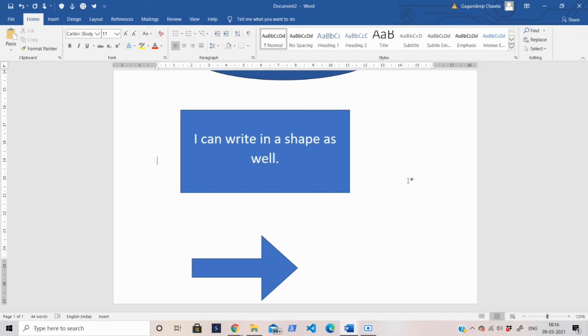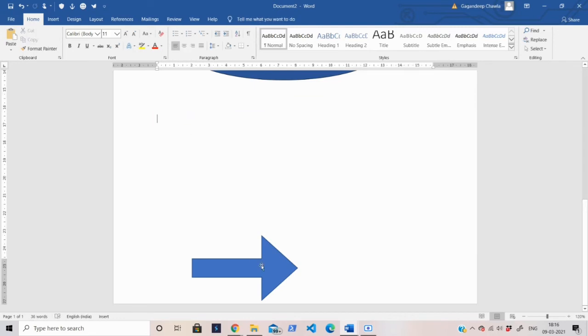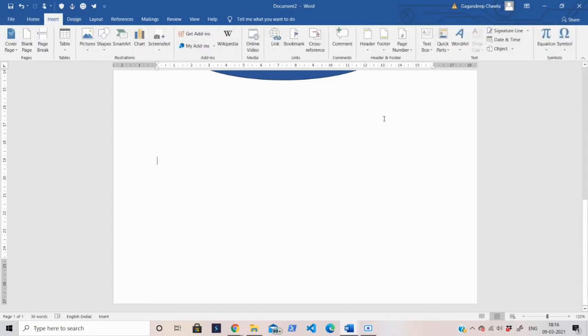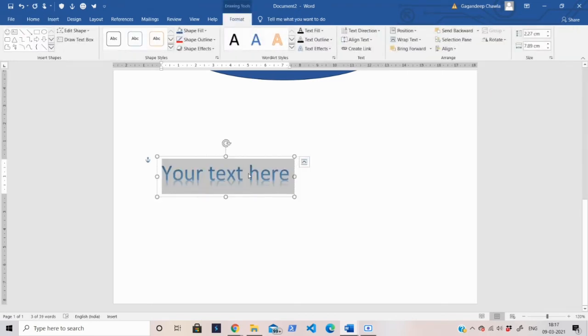Now let's learn about inserting a word art. Okay, so word art is a text styling feature in MS Word. Okay, it means to make your text more attractive, you can use the word art feature. So for inserting the word art, you need to click on the insert tab. In the insert tab, you have to go to text group. In the text group, you have this word art option and you can select the particular text effects which you want. Okay, so suppose you want particular this text which is having a shadow also, so click on this particular option and type